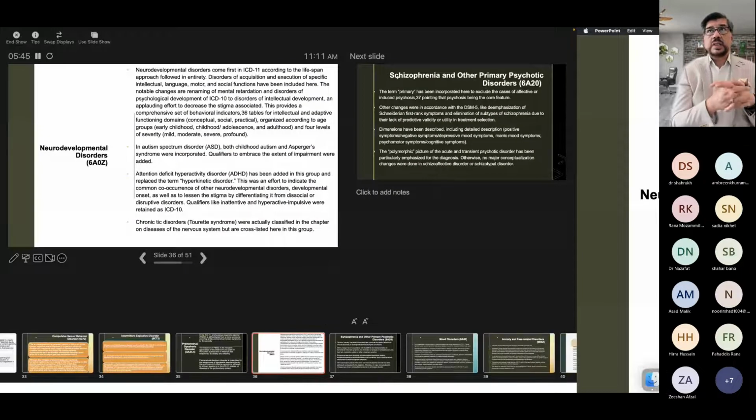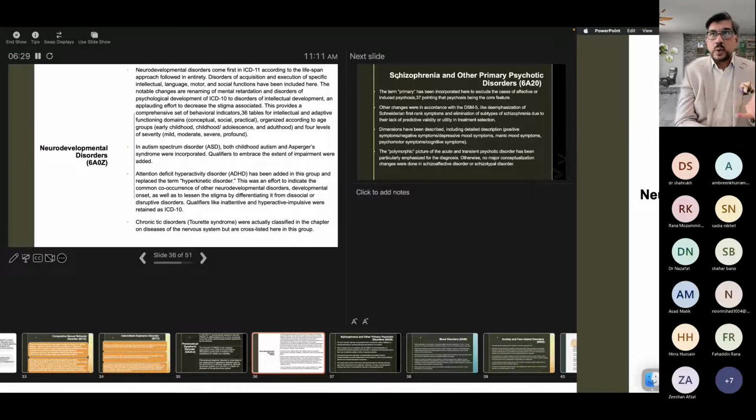Neurodevelopmental disorders come first in ICD-11. According to the lifespan approach followed in ICD-11, disorders of acquisition and execution of specific intellectual, language, motor, and social functions have been included here. So all the disorders that can be there from the mother's womb to birth to the early life years all come here. And this provides a comprehensive set of behavioral indicators, 36 tables for ID and adaptive functioning domains,